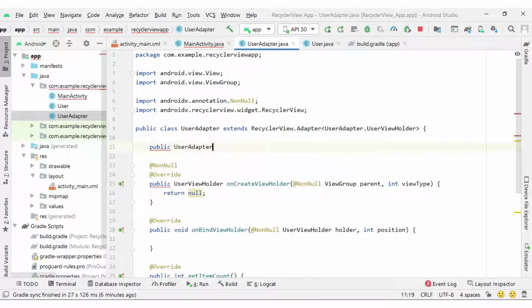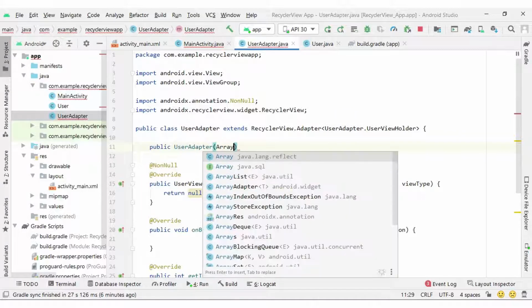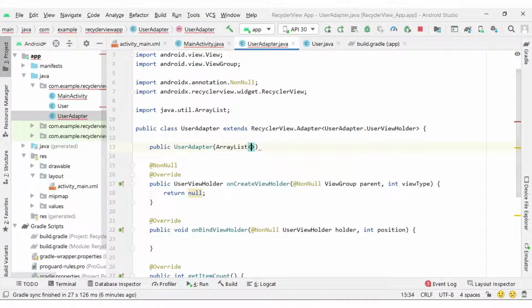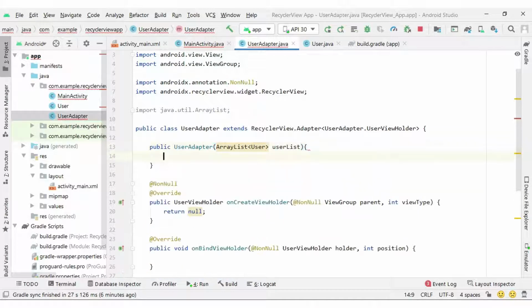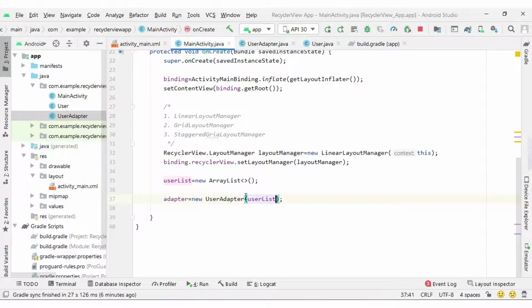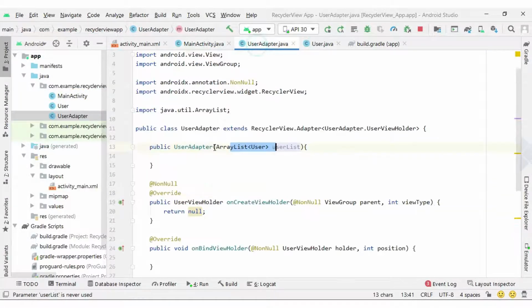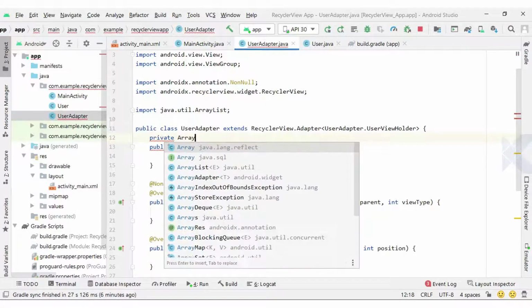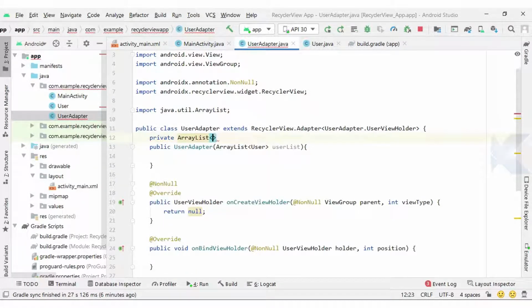Public user adapter with array list of user and user list. So here we will get the data which we are passing from the activity, and here we will create one private field to handle this data which we are getting here in constructor.